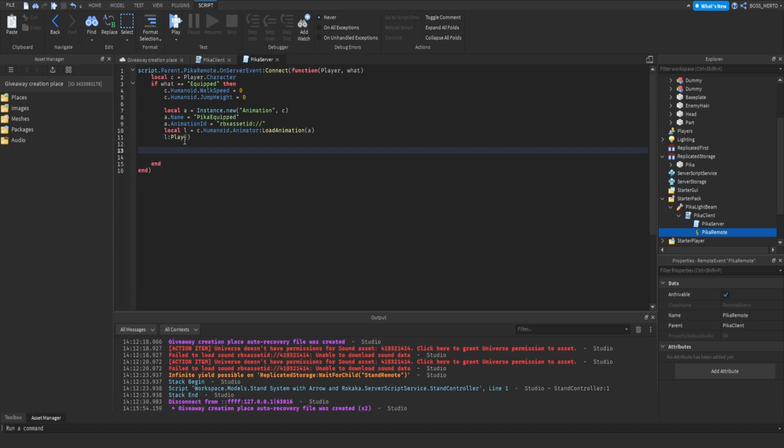All right. The next thing we want to do is clone that Pika part we have just created. So get service replicated storage Pika clone. Its parent is C, so the character. And before we parent this, we want to set the C frame of that part to our... Okay, now it actually depends on our animation, but let's do C right hand C frame. And then let's add a weld inside of here,